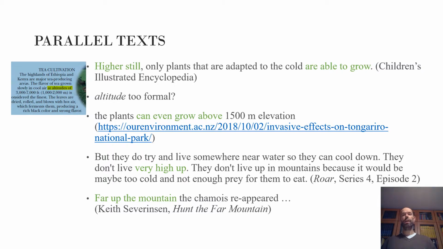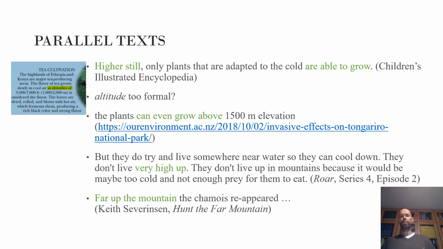We might also ask ourselves whether "altitude," for instance, is a word we can use in our prepositional phrases. Is this used in these children's encyclopedias? And the answer is yes, it is used. For instance, in the entry on tea cultivation, we do find "at altitudes of 3,000 to 7,000 feet." Another question